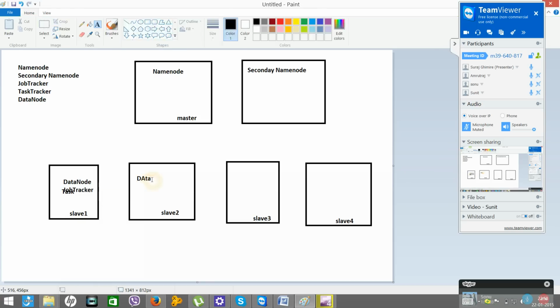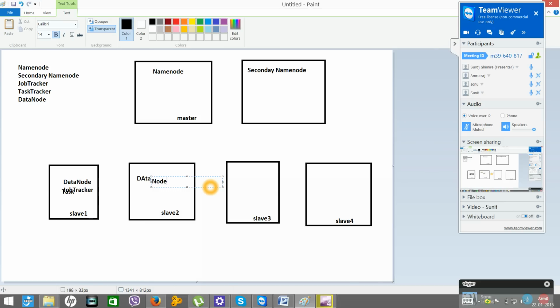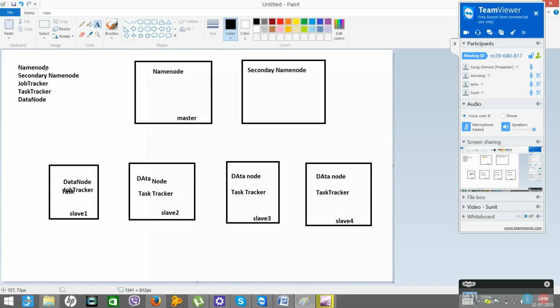Here you'll have data node and task tracker. Here again data node, task tracker, data node, task tracker. Okay, so we completed name node, secondary name node, data node, task tracker, and you will have a job tracker here.